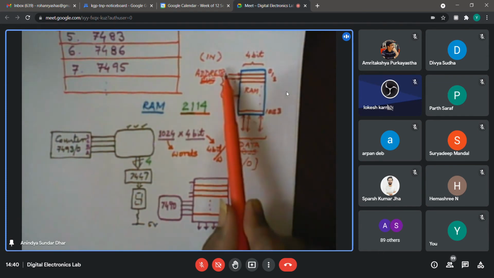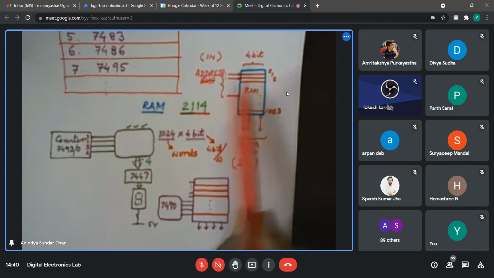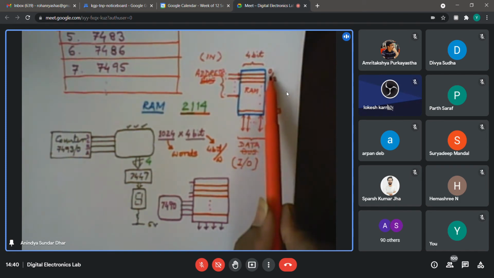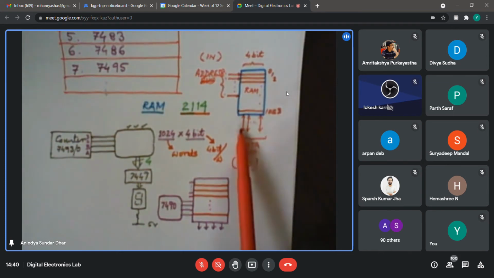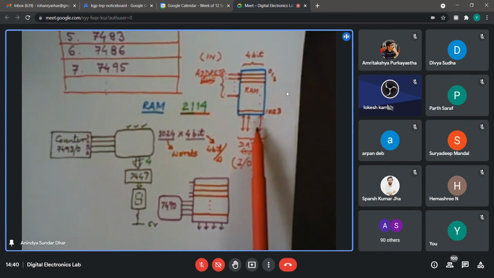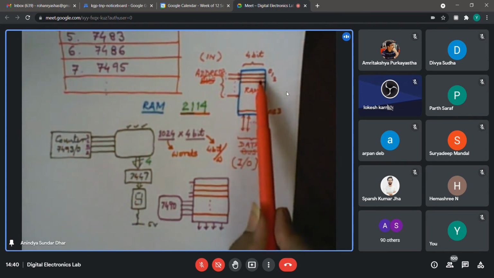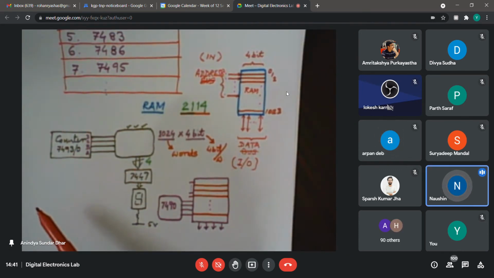Now, depending on your address combination, suppose I change the address from all 0 to 1. 1 means that last bit I am making 1. 9 zeros followed by a single 1. So then the value is 1, which now points to the next location, which is basically the second location. I'm giving it an index 1. So in the second location, whatever code I have written, that one will appear on your data bus now. If the address bus has a value of 2, that is all 0 but the last 2 bits are 1 and 0, it will go to the third one. So is that operation clear? Can you repeat again?